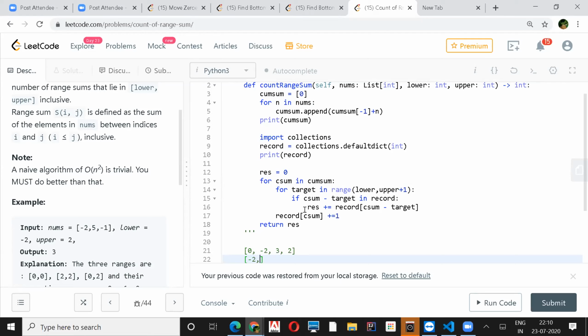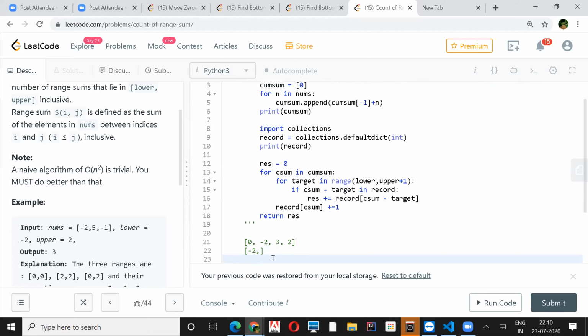It will iterate from -2 to 2, but if upper is 2, it will iterate till 1 only, so he's doing upper plus 1. So currently the target will be 2 for the first iteration, because 0 minus minus 2. Right. Yeah, so it's not in the dictionary.